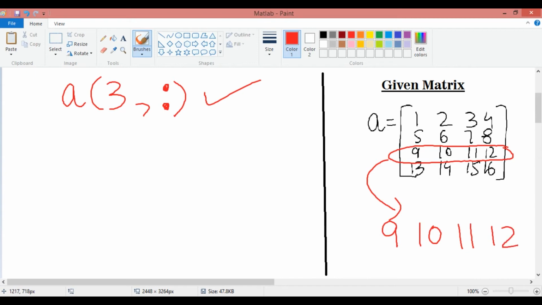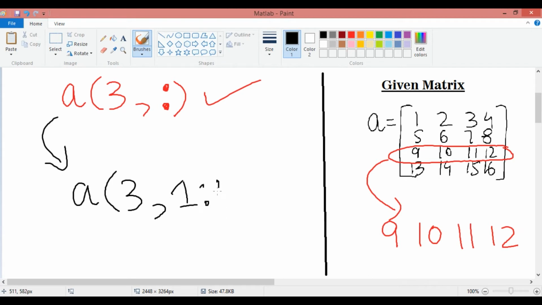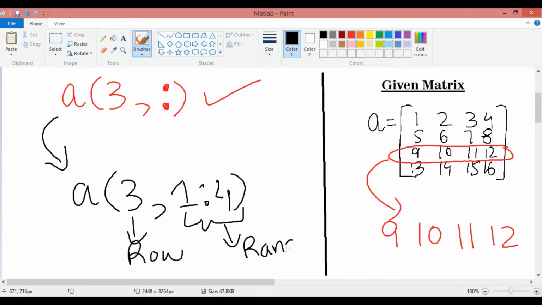We can also use this command as a small bracket 3 comma 1 colon 4. This command will again take your third row, and this 1 colon 4 is basically defining your range for the third row. So the answer will again be shown as 9, 10, 11 and 12.